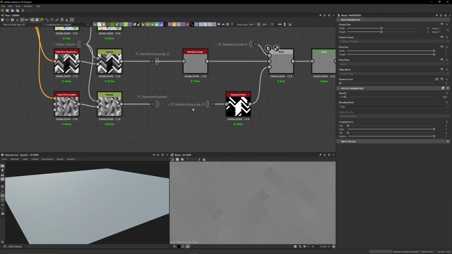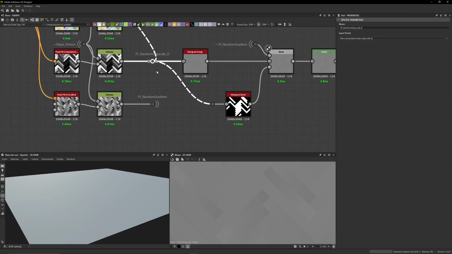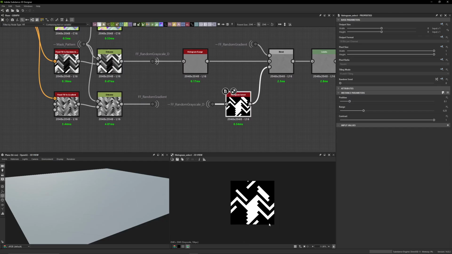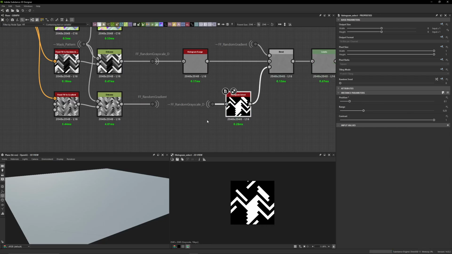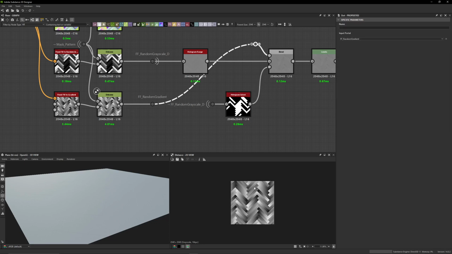And then we're going to take our random grayscale, so this guy up here, and I'm just going to do a histogram select, and it lets you pick different values. So I just kind of landed on this one. You can choose whatever you'd like. Should probably pick something with more gaps in between here, because this is kind of like one big chunk, but it's fine. And then that goes into the opacity, so that we have this variance in